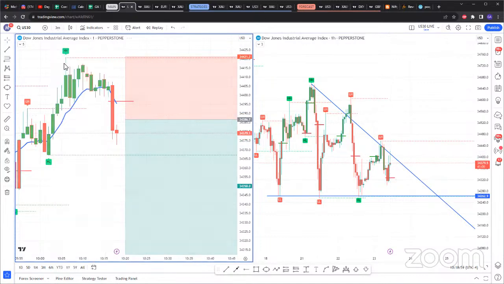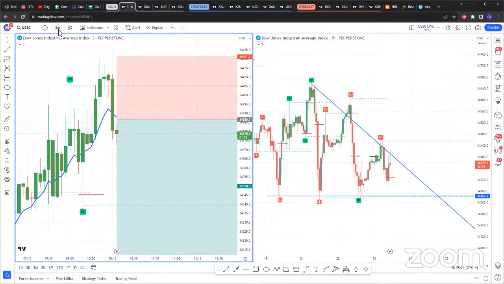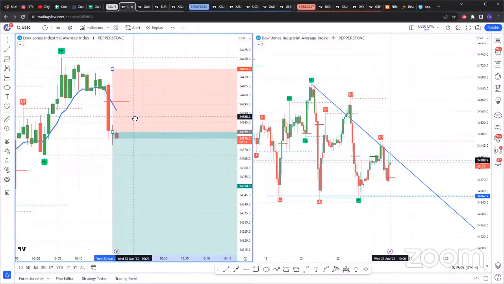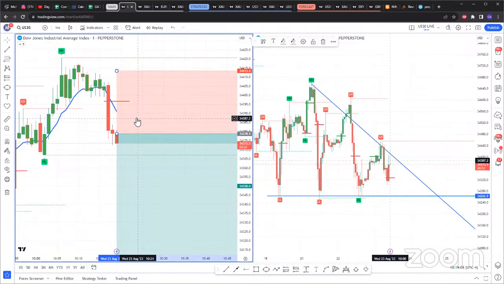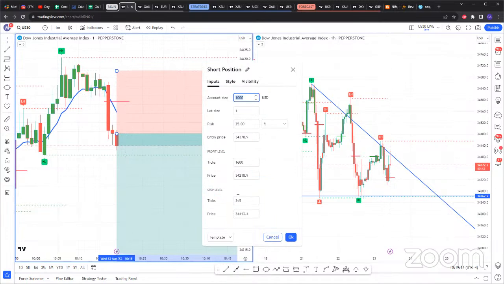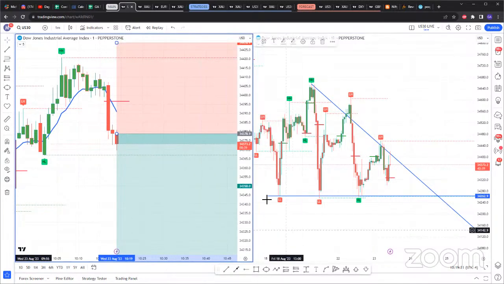Now here we will go to the 3 minute. Now there goes your entry if you trade 1 minute candles. If you trade 1 minute candles, this is a valid sell for US 30 currently. Now for me, I'm already in another sell on US 30. That's not this, but if you trade 1 minute candles, or if you want to enter this trade early, the sell is there. 50 pips, I would say 50 pips stop.